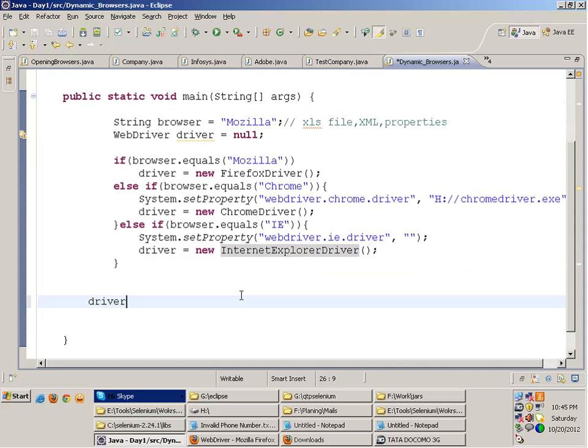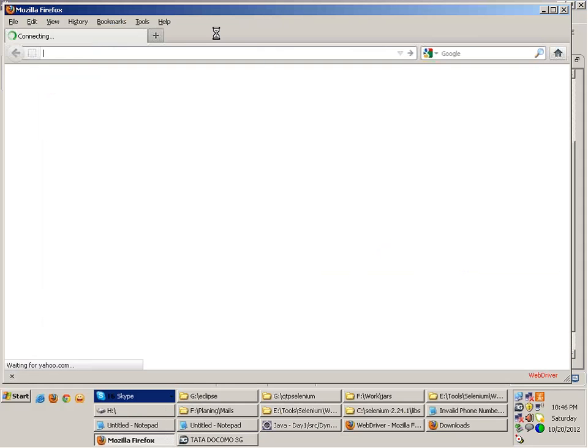If I write over here driver.get http yahoo.com, again, if I run this code, automatically it will check Mozilla has to be opened. It will open Mozilla and it will take me to Yahoo. See that?